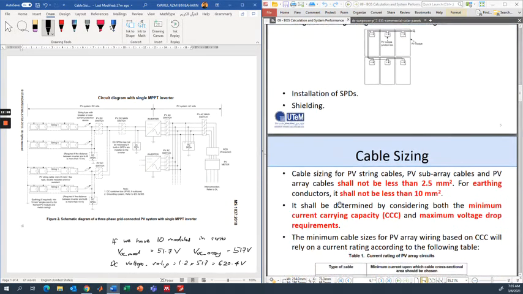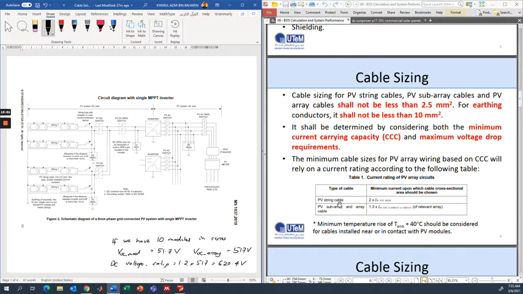Now let's move on to cable sizing. These are the requirements. Cable sizing for PV string cables, sub-array cables and PV array cables shall not be less than 2.5 millimeters squared. Okay, so that means the minimum is 2.5, even though in the market we have 1.5. For earthing conductors, it shall not be less than 10 millimeters squared. Okay.